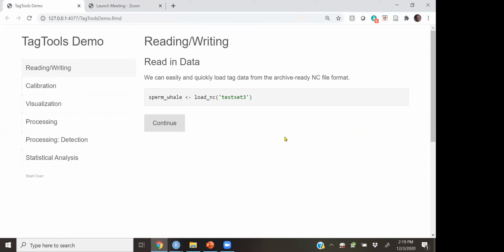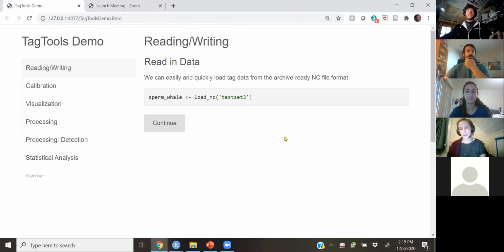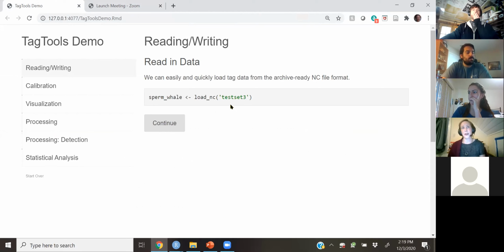So we can read in data. The code that I'm going to show you in this little mini demo is R code, just for a little change, but you can do all the things that you can do with this toolkit in either R or MATLAB. So you can read in data sets, and we have devised a file format that is an NC file format. That's a standard scientific file format for combining data with metadata, which is what we wanted to provide for,